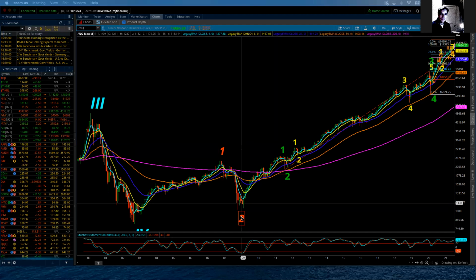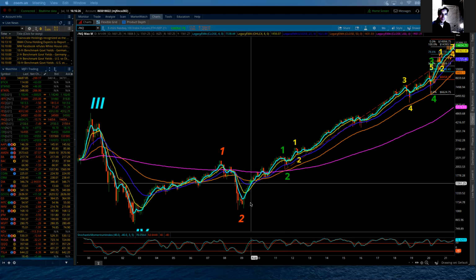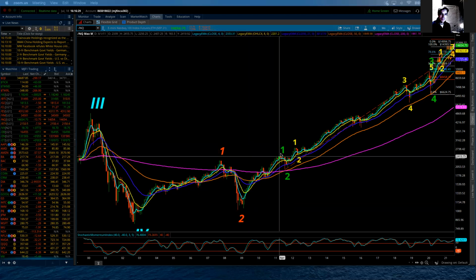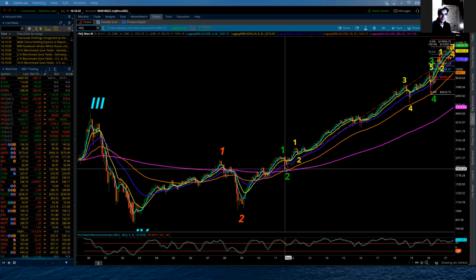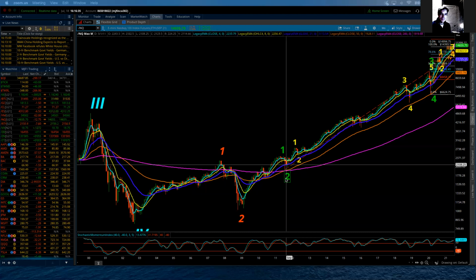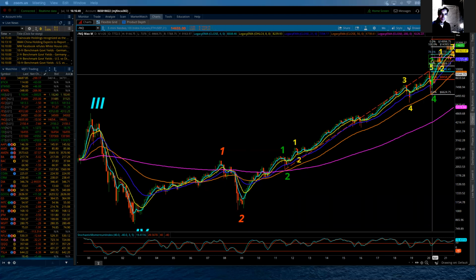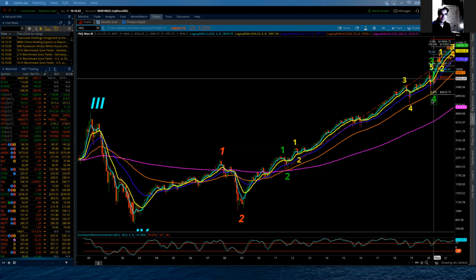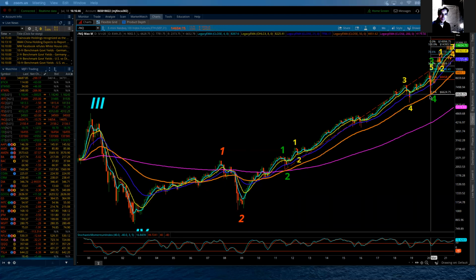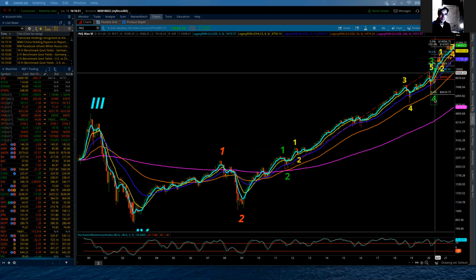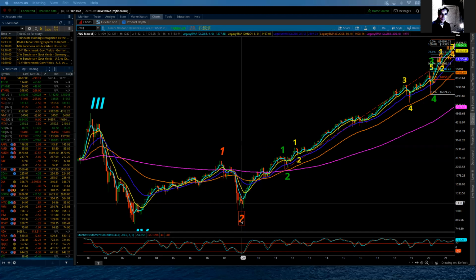And within that, we have 5 waves of intermediate degree to make up primary 1, 3 waves of intermediate degree to make up primary 2. Again, 5 waves of intermediate degree to make up primary 3. We had 3 waves down, that was in the pre-pandemic or the first pandemic low, and that was primary wave 4. Then we now are in primary wave 5, and what this primary wave 5 is going to be completing is cycle wave 3.